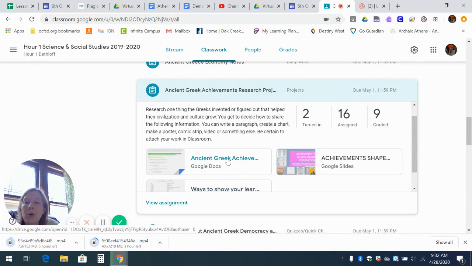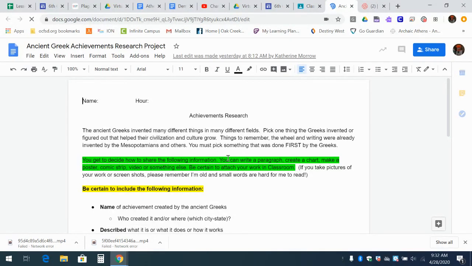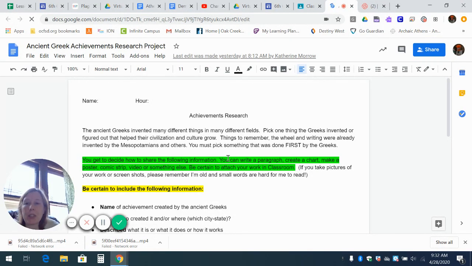So two real important things about this assignment. Make sure your work is in your own words, okay? Don't just copy and paste from a website. That's great that you found the information, but it needs to be in your own words. So you don't get credit for things that you don't write. So the idea of this project is for you to find information and then put it together in a way that is meaningful to you. If you just find all the information, that's only part of the requirements. You have to make sure that you write it in your own words, right?